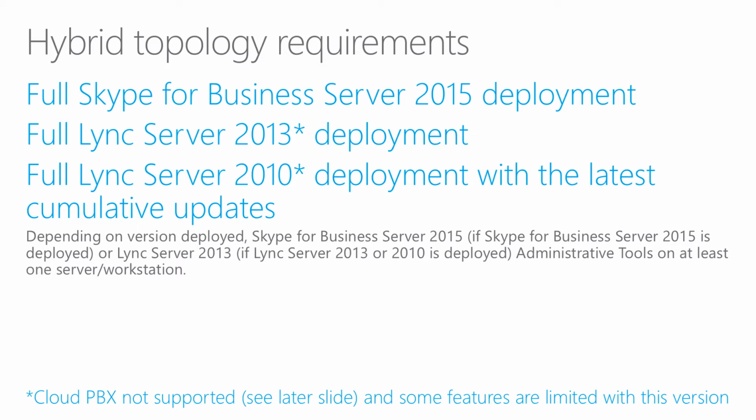So you have to know that if you have Lync Server 2013, you eventually have to have certain roles that are updated to Skype for Business to allow Cloud PBX. And if you have Lync Server 2010, it is not supported to have Cloud PBX online. We will see that in a later slide. And you might also have some other feature limitations. So depending on the version you have on premises, you will have to deploy a certain level of administrative tools